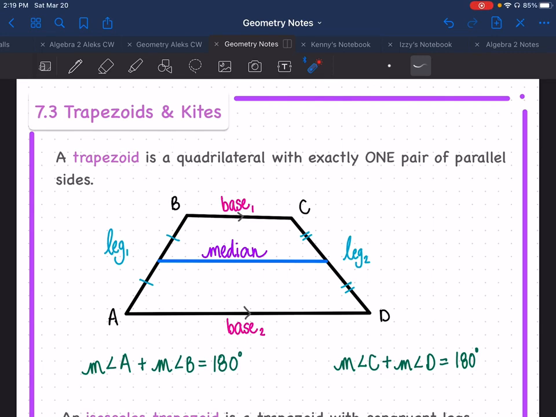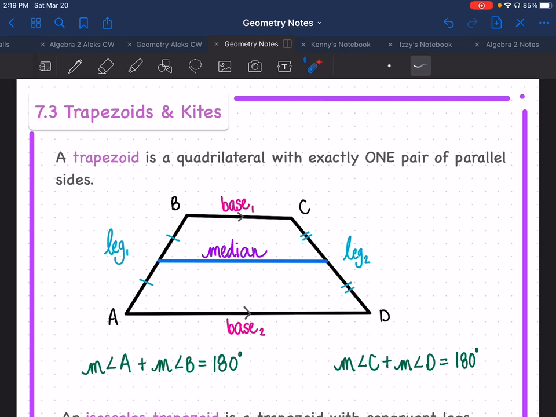Today's lesson is 7.3, Trapezoids and Kites. A trapezoid is a quadrilateral with exactly one pair of parallel sides. Here's a very common trapezoid that you could see. Let's go ahead and take a look at some of its